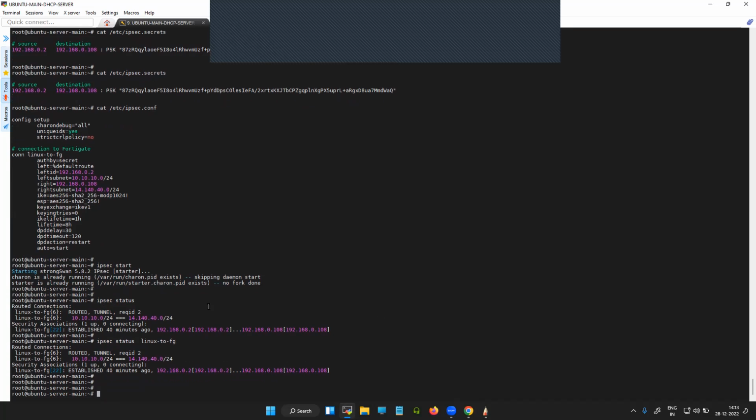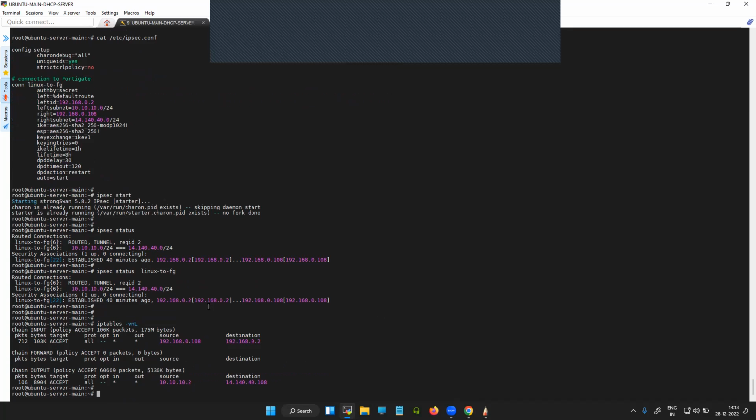And there's one more thing, which is the iptables or the firewall settings. In my case, I already have the rule to accept the traffic. So you can see here, this is the rule to accept the traffic from outside, which is the remote peer IP, local peer IP. And this is the rule for the outgoing traffic, which is going to be the traffic from 10.10.10.0 to